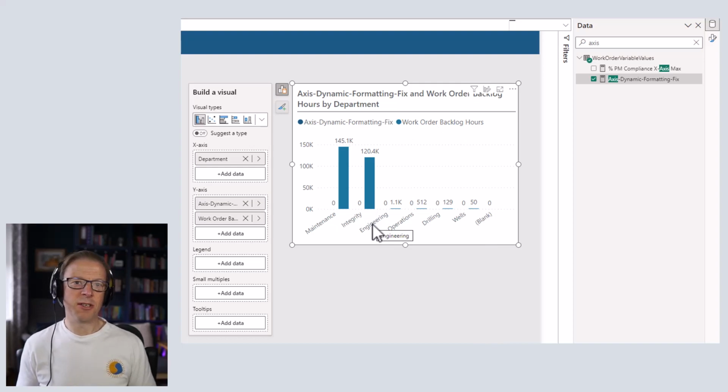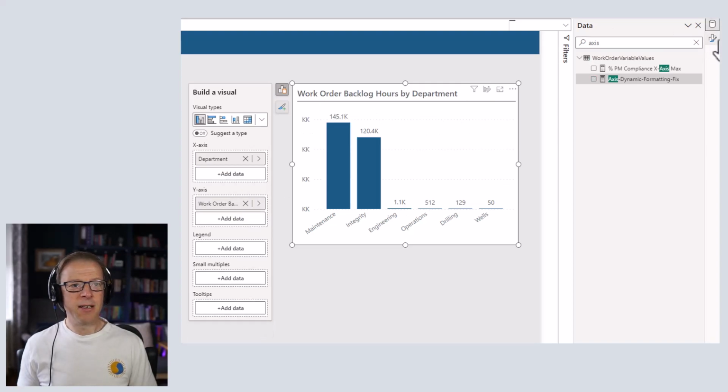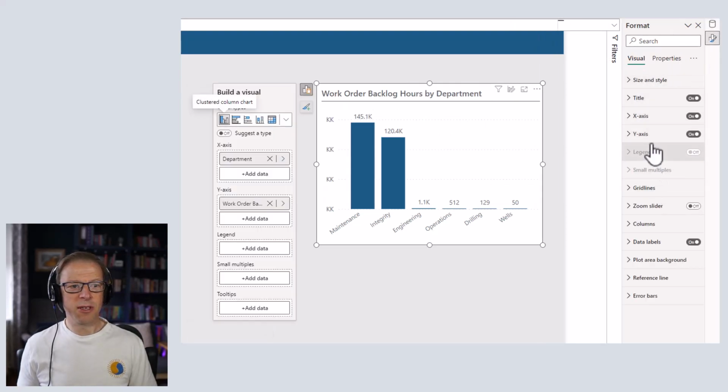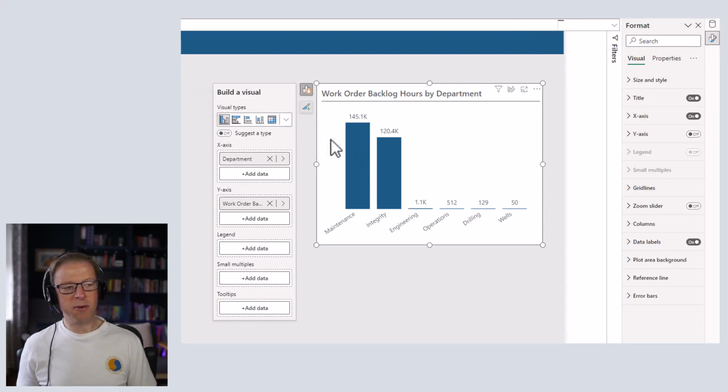So I'll work around it, and it's such an obvious omission on the face of it that I think they're going to fix it pretty soon. So I'm not going to go into that in too much detail. For the moment, I'll get rid of that, and we'll just turn off the y-axis, which is fine for this small data set here. In fact, it's probably preferable because you've got direct labeling on here and you can see exactly what they are. Okay, so that's how you can set it up to dynamically format the actual values here based on their value,